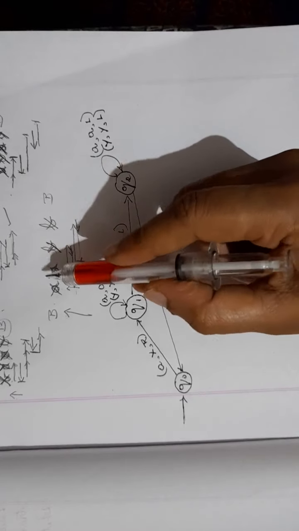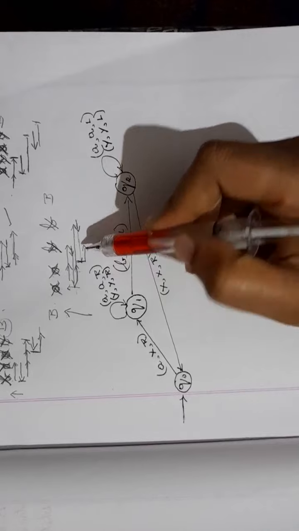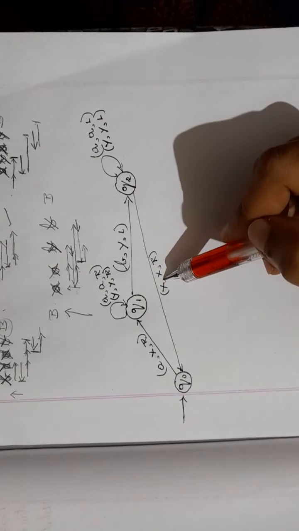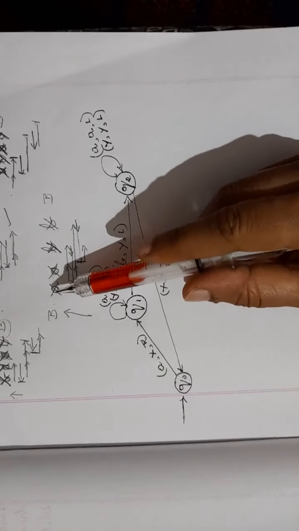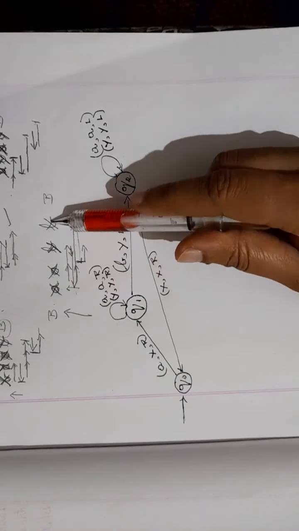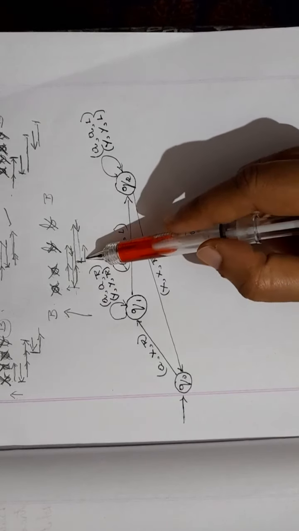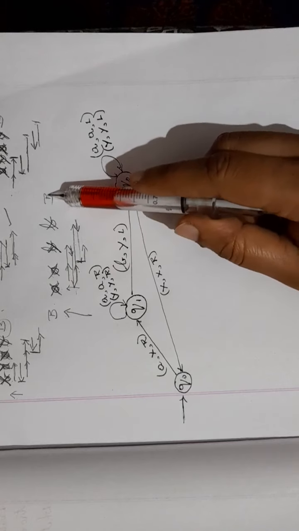What will you do? When you find X, keep it as X itself and change the direction to right. Now you can notice that all the A's and B's are changed. So you don't know whether anything is remaining. So you should keep on traversing to right till you find blank.